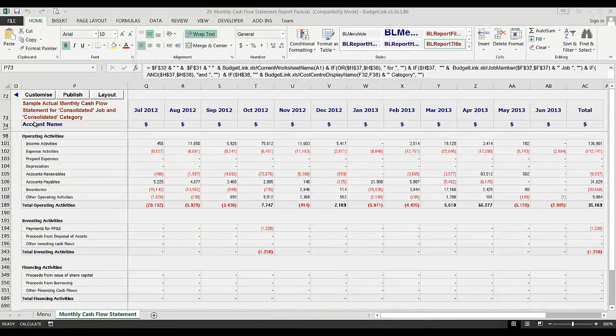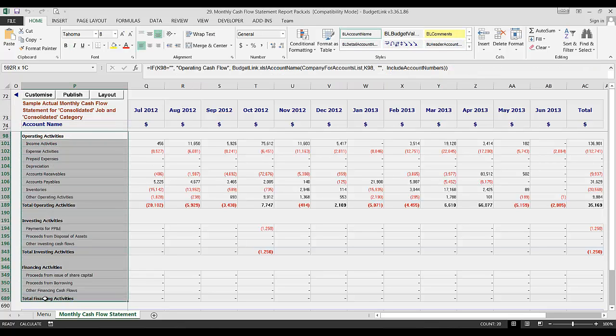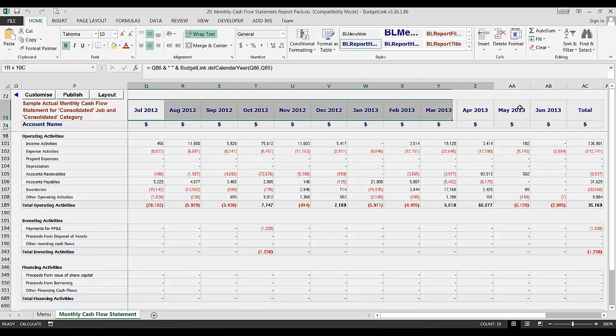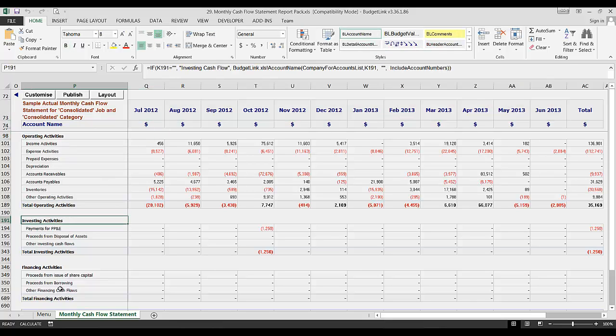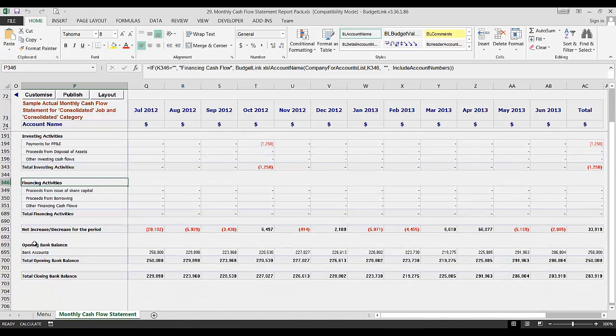Alright, so I've got the report open in BudgetLink. You'll notice that it shows you your chart of account going down the page, as well as the months going across the page. Your chart of account is going to be broken down into various sections, being your operating activities, your investing activities, and your financing activities. If we scroll a bit down, you'll also notice your opening bank balance, as well as it'll show you your